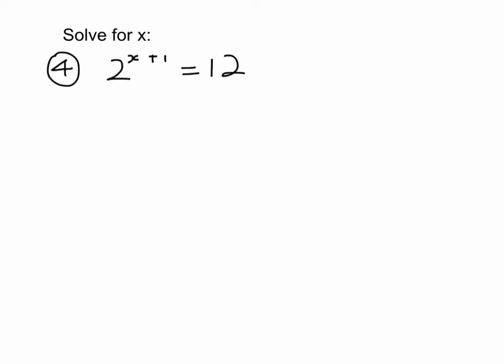Okay, so this one is one where you can't write everything to the base 2 because 12 is not a power of 2. So in this case, we need to take logs of both sides. Easiest log to take is the base that's already written. So we just write log to the base 2 of 2 to the power of x plus 1 equals log to the base 2